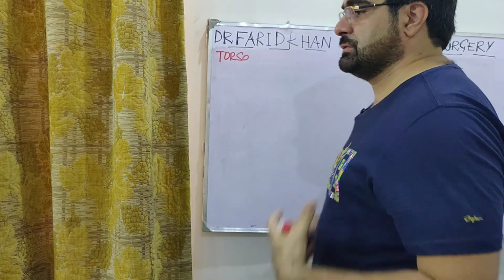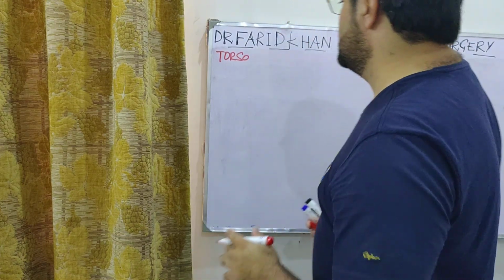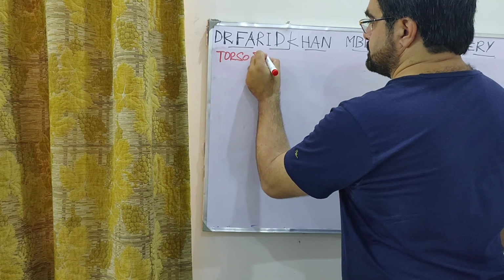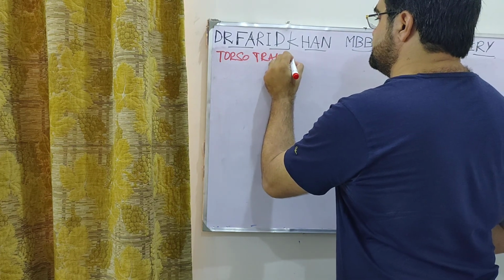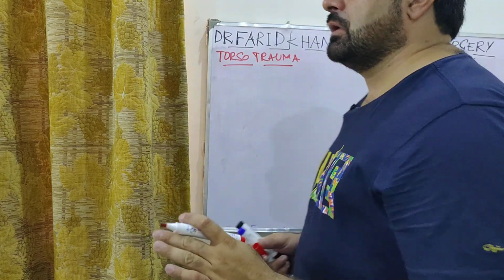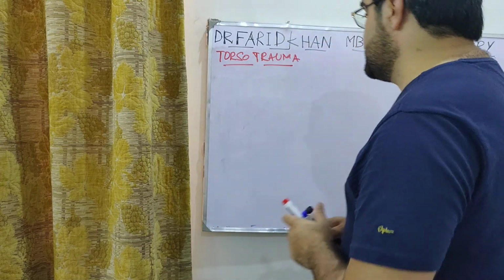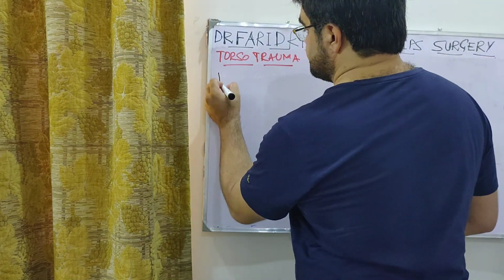Torso includes your chest cage and abdomen, upper abdomen. Torso trauma. There are 12 conditions collectively called the deadly dozen. Six must be addressed during the primary survey, which are